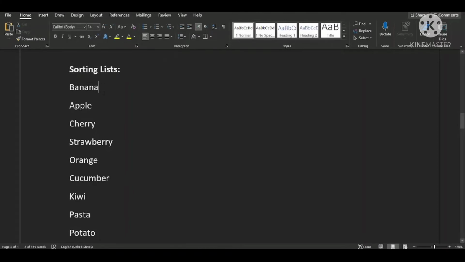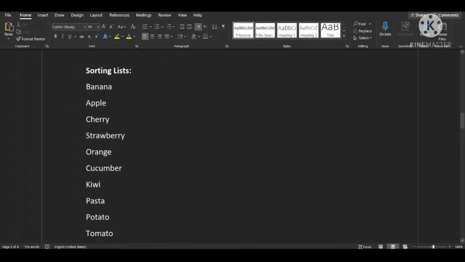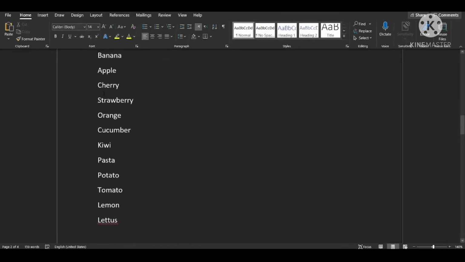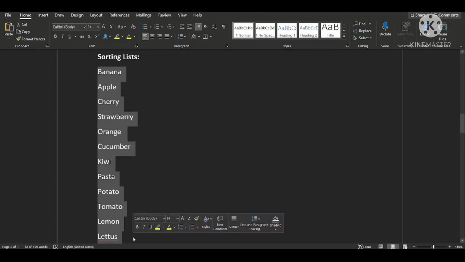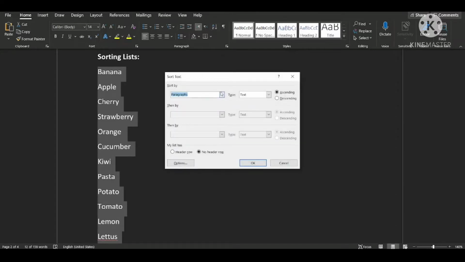So the third one is a brilliant one that will save a lot of your time if you're like a teacher of grade 1, KG1, KG2, like that. So if you want to sort the alphabetical order of your words, you can select them all and then go to the sort text, and then you need to